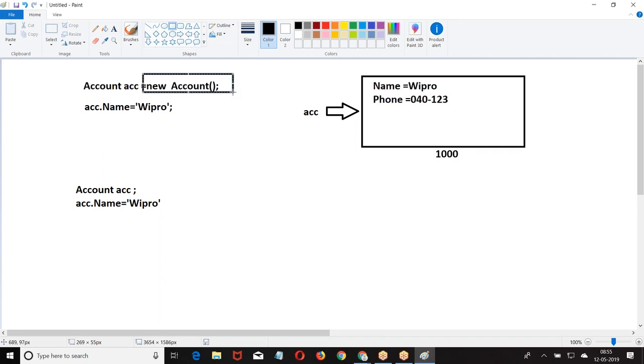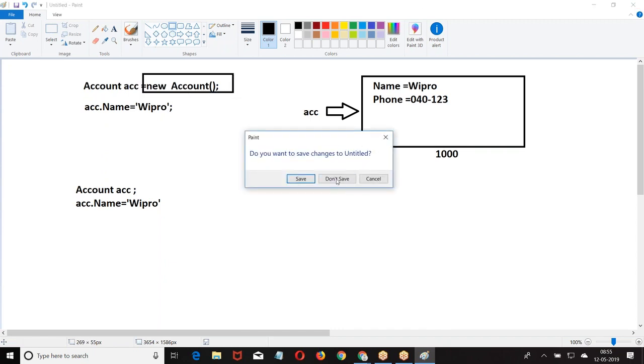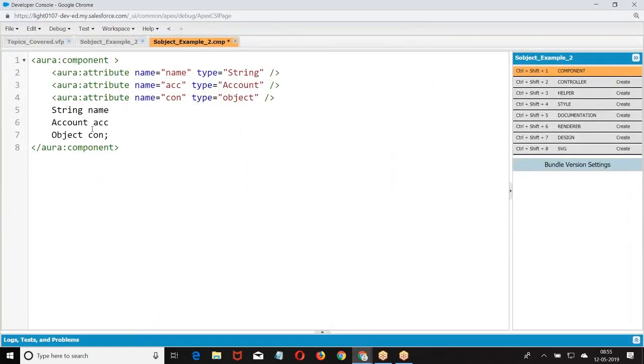That object is referred by the variable called ACC. New is allocating some memory, and that is referred by the variable called ACC, which is called a reference variable. So that reference variable is referring to some object, some location. Are you clear? Now why in this case is it failing? It is only account ACC. The moment you say account ACC,